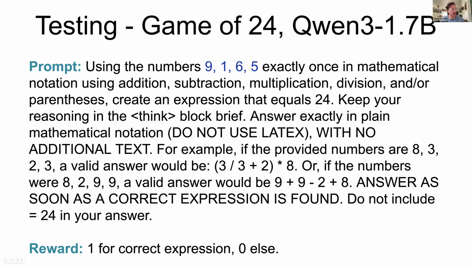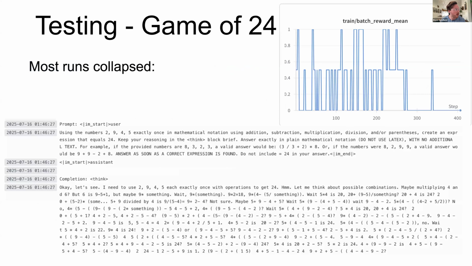So I have some examples that I give the language model. If it's 8, 3, 2, 3, you can go 3 divided by 3 is 1, plus 2 is 3, times 8, 24. Language models love to just keep blabbering, so I really tried to instill that it should give the answer right away. The other problem is that they don't handle the number of times they should use each number correctly. That is something I experienced even after training that I basically couldn't get them to learn.